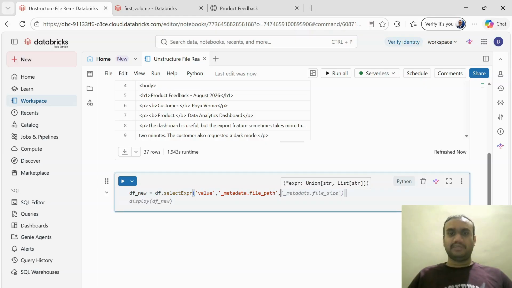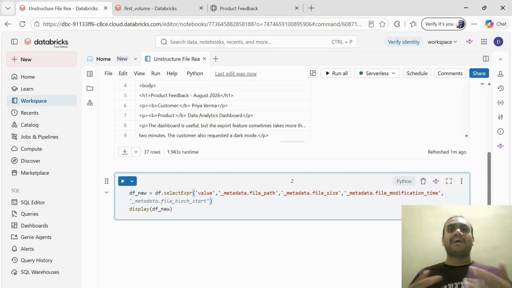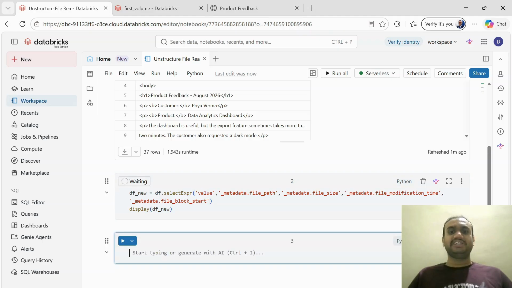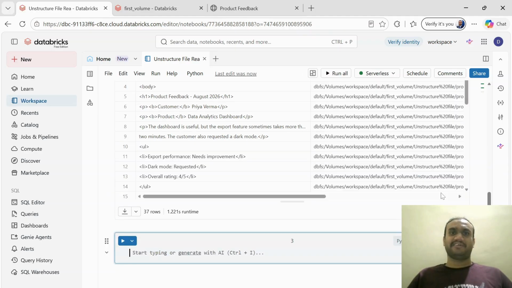Similarly, your metadata file size and your metadata file modification time, when your file was last modified, and some other fields like file block start. This kind of information you can extract from here.